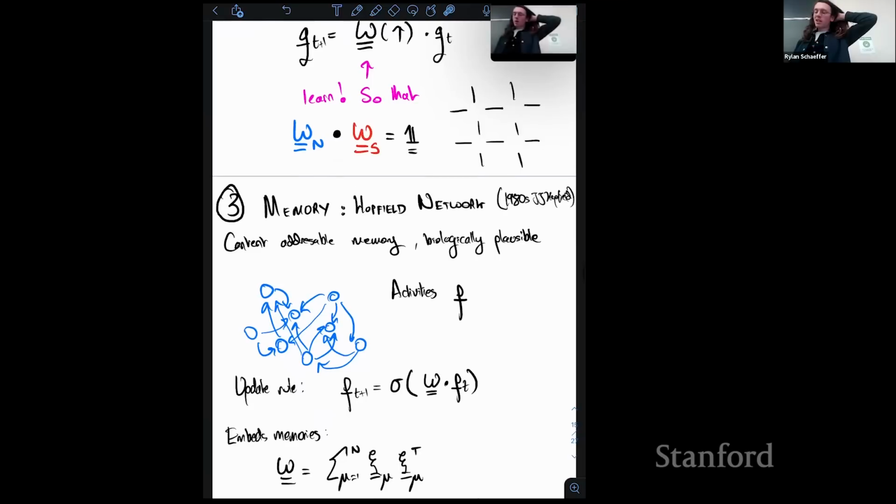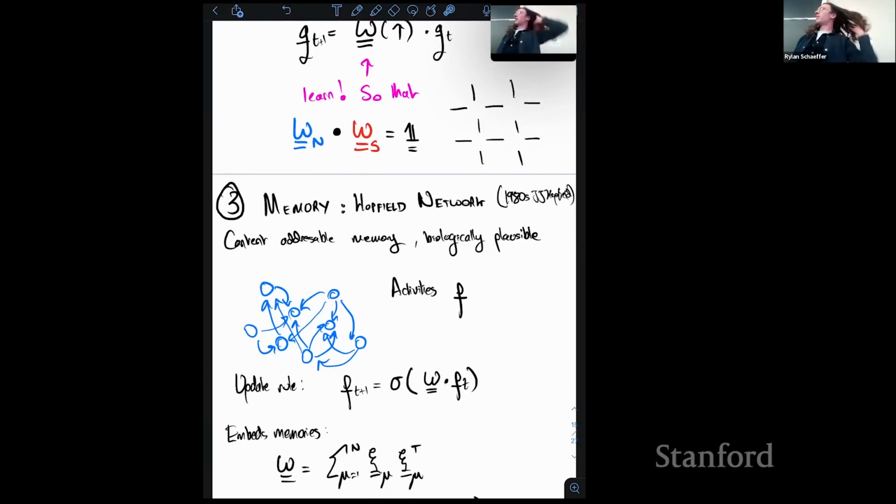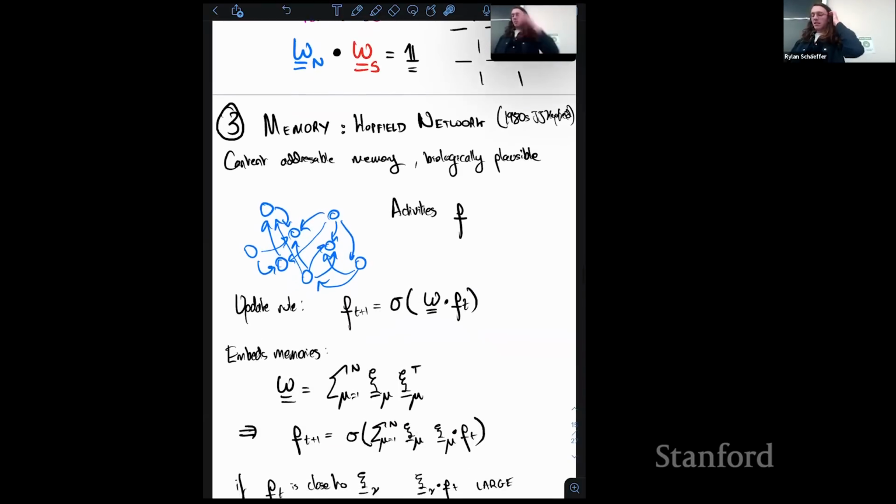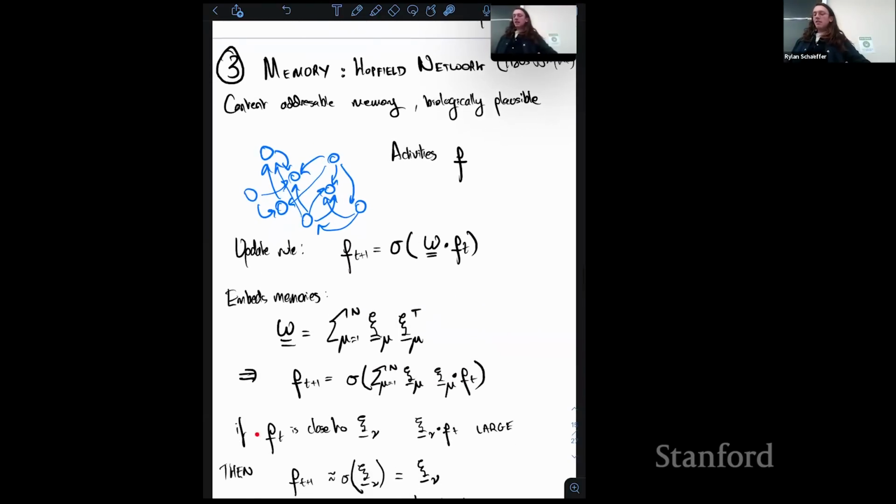And the way you make it do memory is through the weight matrix, okay? So you make it a sum of outer products of these chi mu. Each chi has some memory, some pattern that you want to recall, okay? And then this is just writing it in there. The update pattern is like that. And the claim is basically that if p, the activity of the hippocampal neurons, is close to some memory, say chi mu, then this dot product will be much larger than all of the other dot products with all the other memories. So this sum over all of them will basically be dominated by this one term chi nu. And so your attractor network will basically settle into that one chi nu.